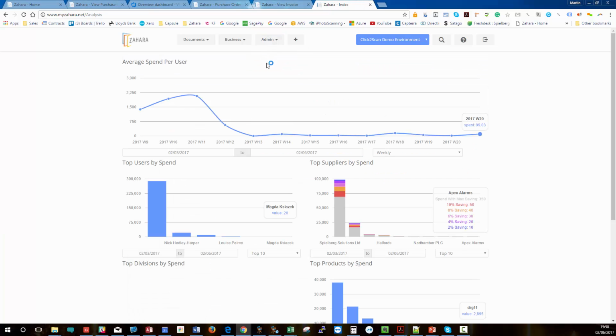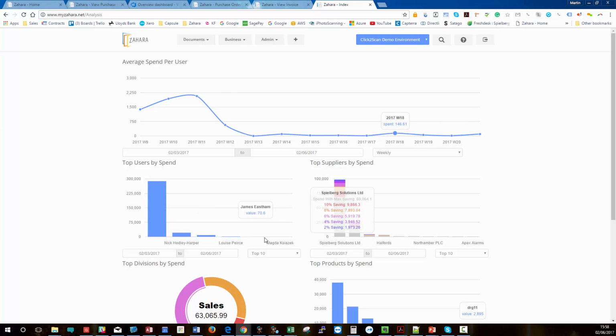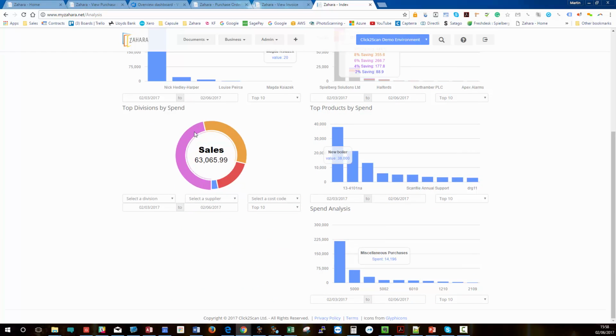So our spend analytics is quite interesting. We can see the average spend per user, and which users are spending the most. We can see where we're spending the most money, and we've got a little graph here that, if you mouse over your suppliers, will tell you what a 10% to 2% saving looks like over a period of time that you specify. We've got our top divisions who are spending the most money, top products, spend analysis, and we've got a little gap here which we're about to fill with a graph showing you the top worst performing budgets